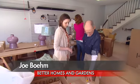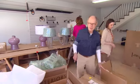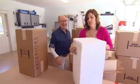This, I believe, is all Meredith stuff. Okay. This stuff is from the Universal Better Homes and Gardens showroom, and I'm not sure where that's from. So the team carefully makes their way through tons of lamps